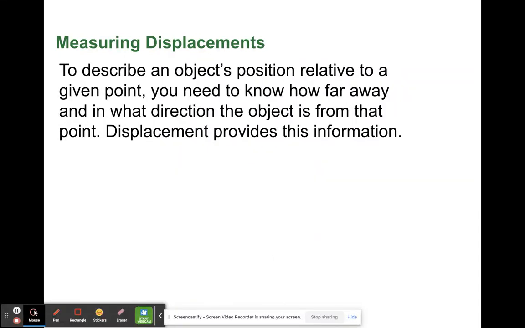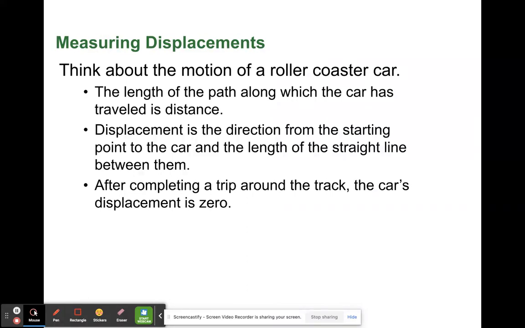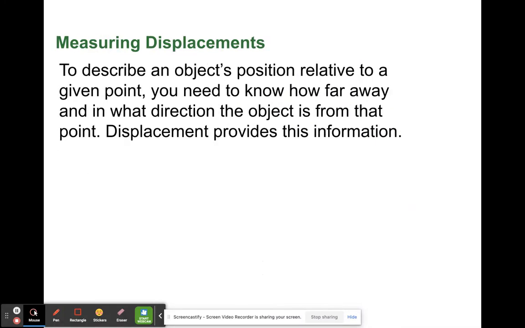To describe the object's position relative to any given point, you need to know how far away and in what direction the object is from that point. Displacement provides that information. Think about the motion,